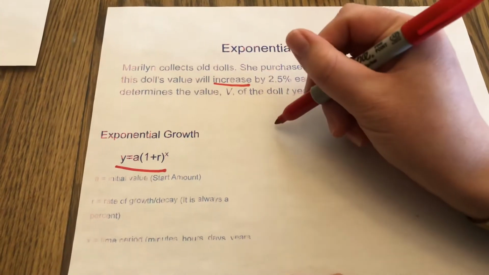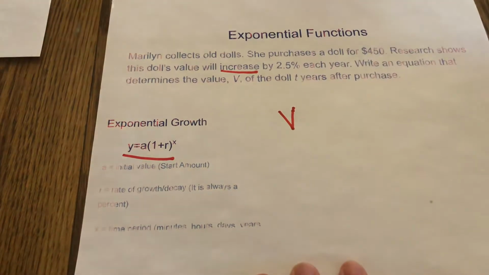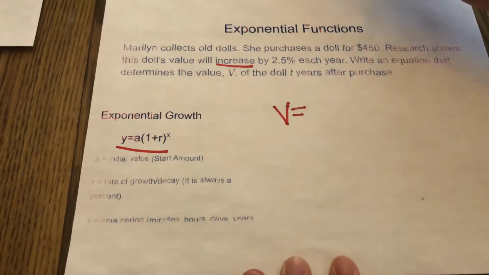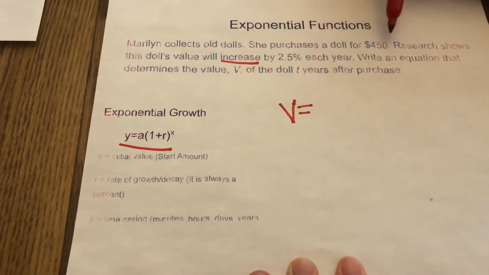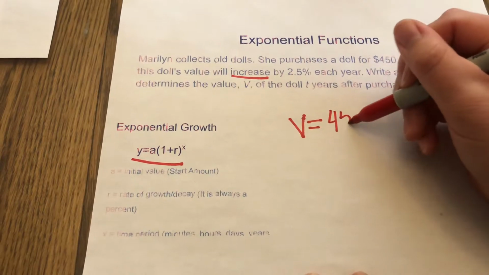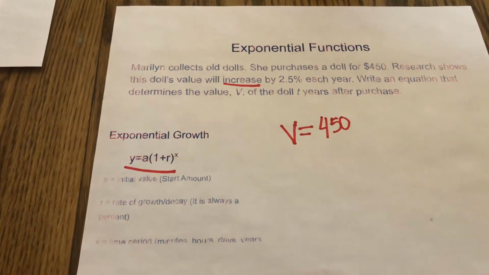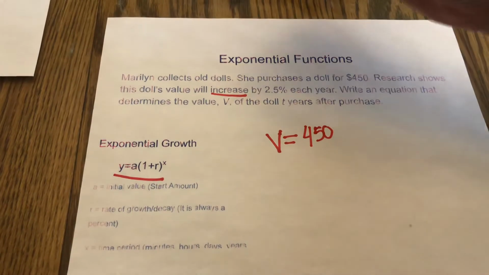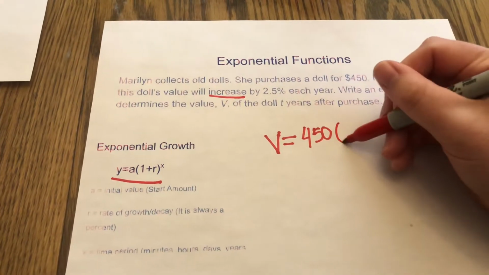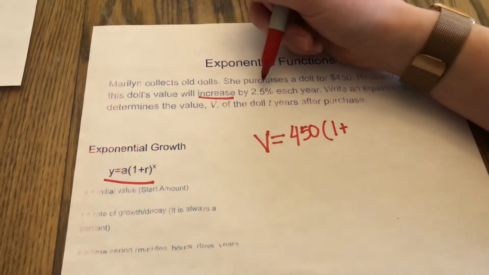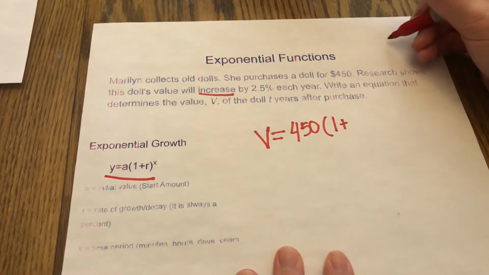So my value, instead of y, I'm just going to put in V, is equal to my A, again, that's my initial value. Well, what did it start at? She purchased the doll for $450, so that means 450 is my starting. Then we keep going, parentheses, 1 plus my R. Well, what's my rate? My rate is that percent,